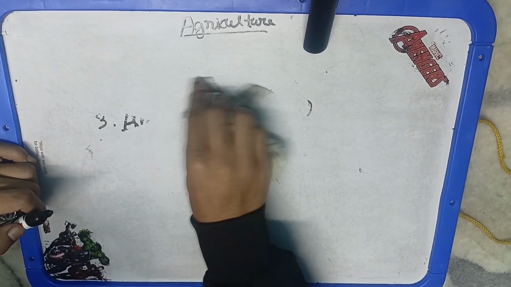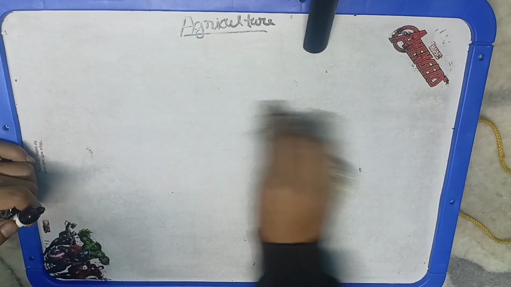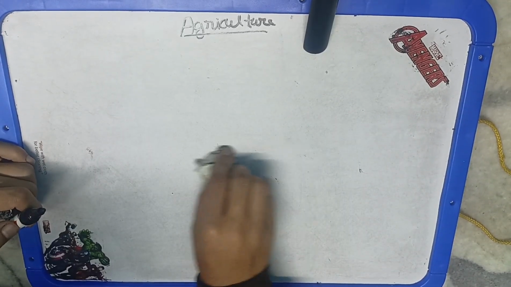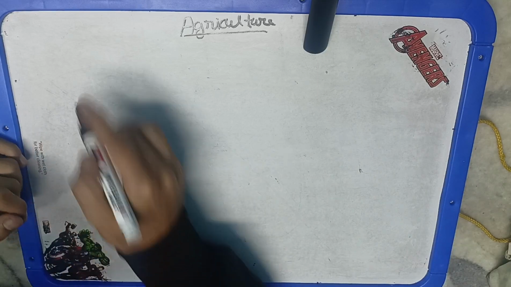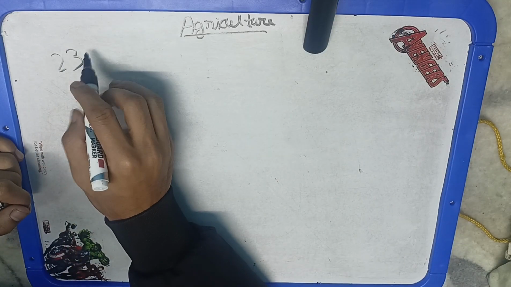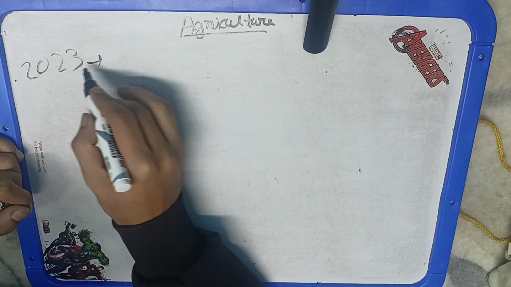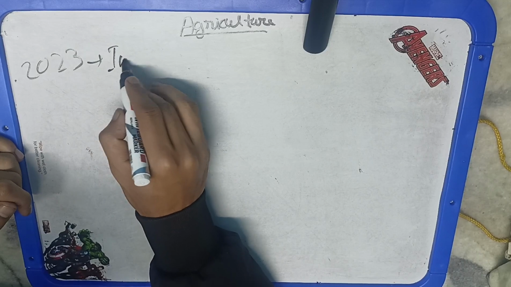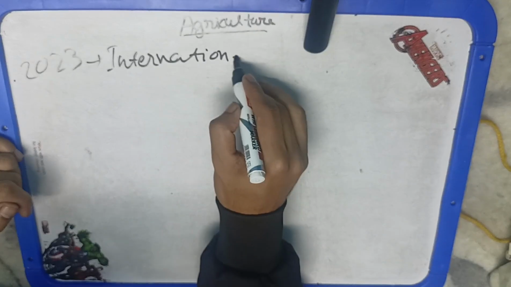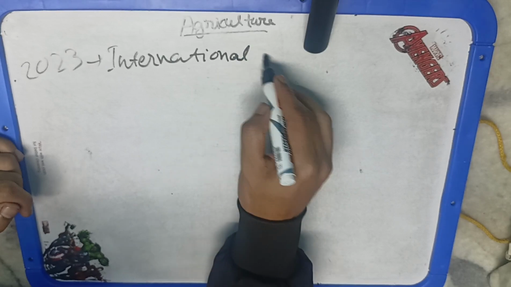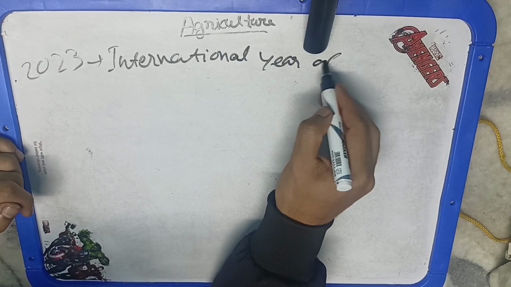Okay. Now we'll be discussing the important years which are designated for agriculture. Like you will see, 2023 is designated as the International Year of Millets by the UNO based on the recommendation of India. So that's why this year the whole world is celebrating the International Year of Millets, with the focus on highlighting the nutritional and ecological benefits of millets. Okay, so this is again important. The present year you should remember, not more than that. Then the important days are days related to agriculture.